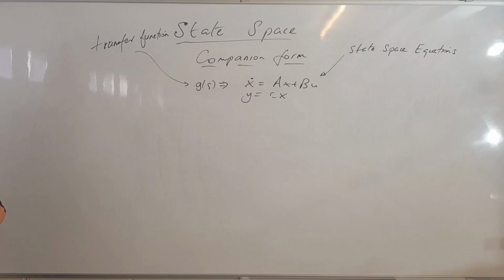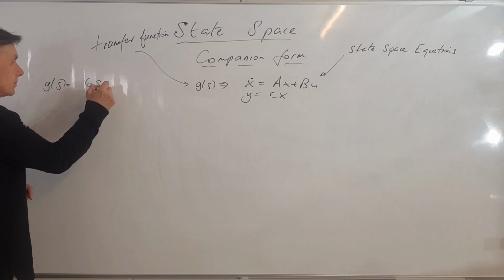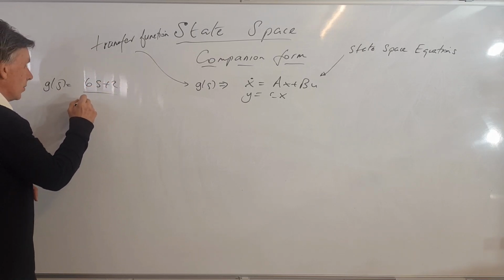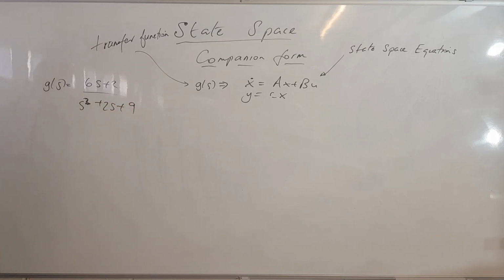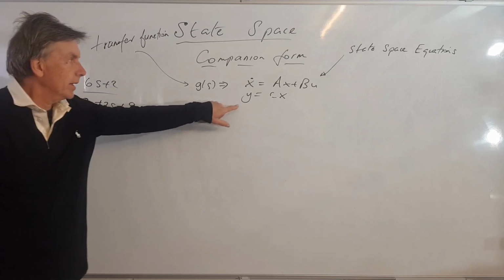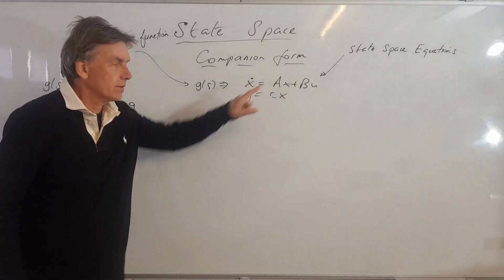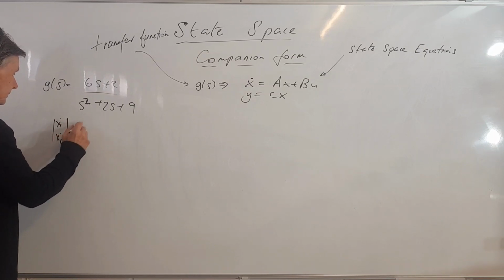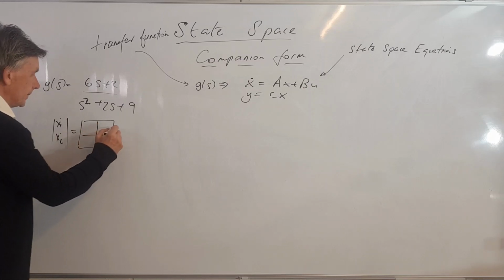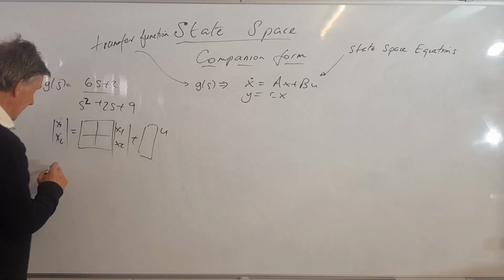So I thought we'd do 3 examples of how we could do this. We've got a transfer function, say G(s), given by (6s plus 2) over (s squared plus 2s plus 9). What I want you to do now is obtain some state space equations in companion form. The first thing we do is look at the order, so it's order 2, a 2 by 2 state space representation. So we're going to have x1 dot, x2 dot, then a 2 by 2 matrix times x1 and x2, plus another matrix times u, and y